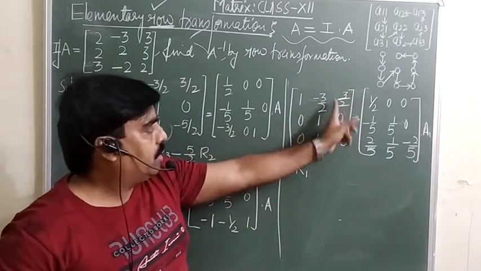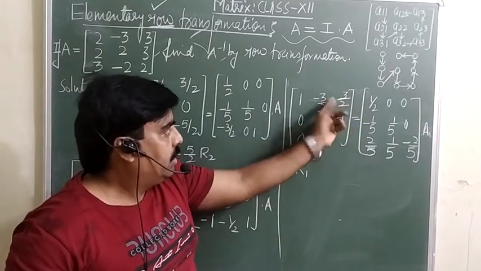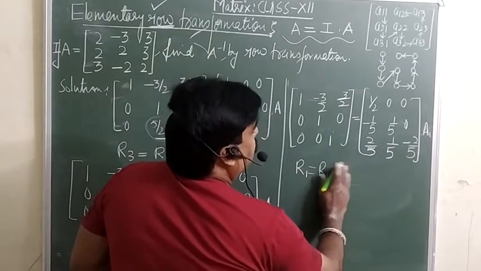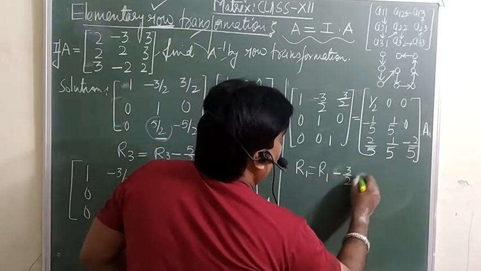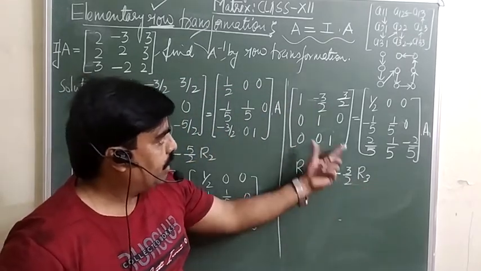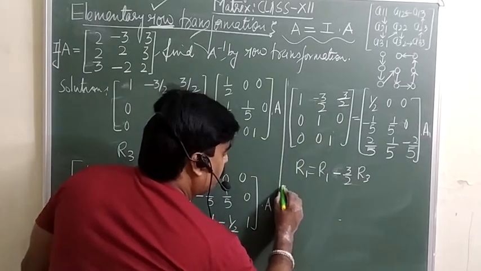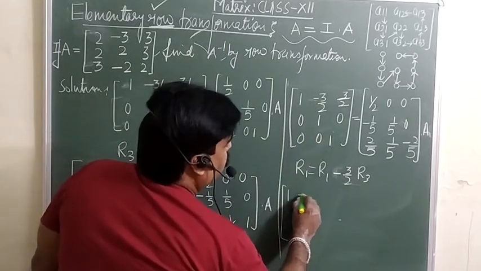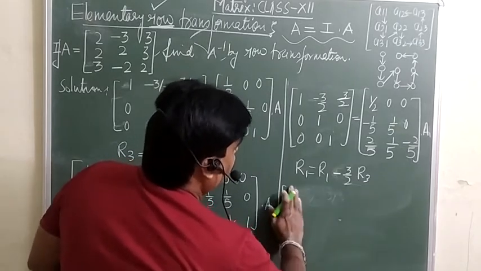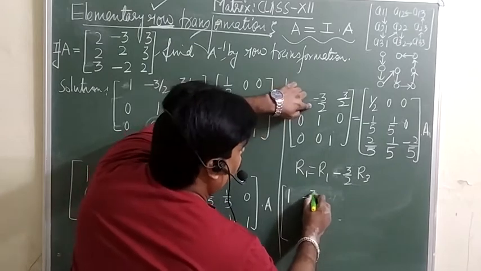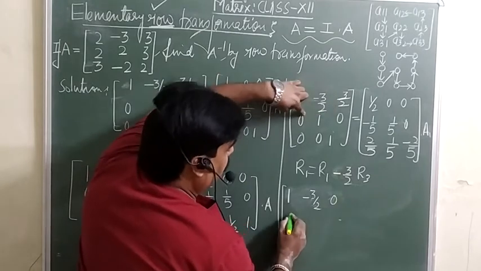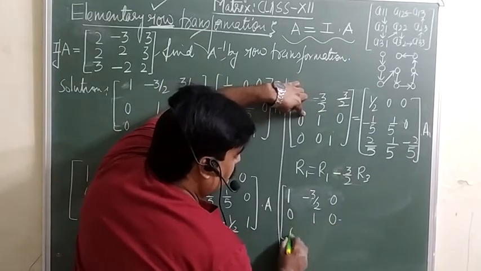So first of all look at here now. For this one, in the first row, if we subtract 3 over 2 times of R3 from the first row, what we will get is, this will remain as it is, 0 minus 3 by 2 plus 3 by 2. In the first row we are going to make the change. So this is 1, this will remain as it is, minus 3 by 2 and 3 by 2 minus 3 by 2 into this one. So you will get 0, 0, 1, 0, 0, 0, 1.